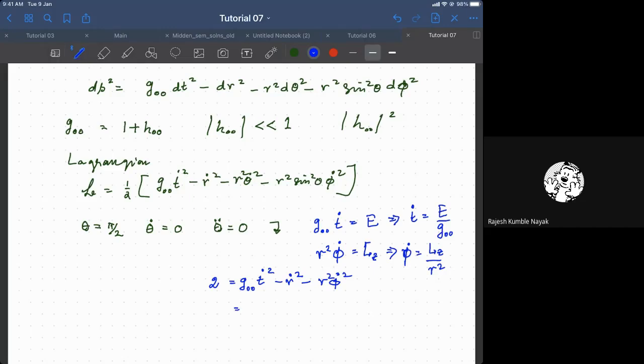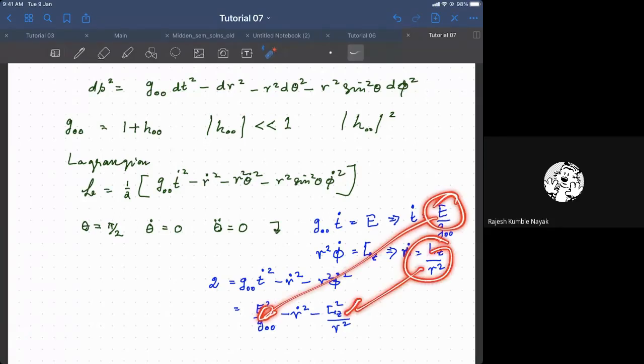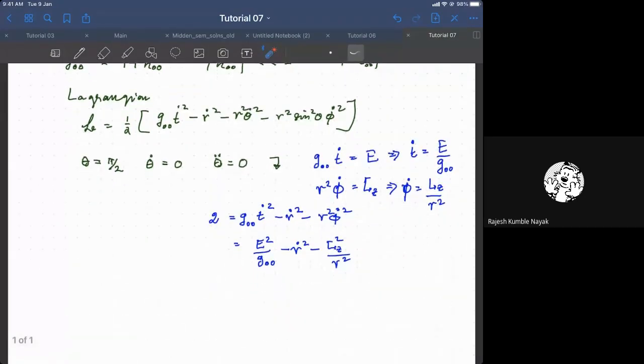So you are left with E squared by G00 minus R dot square minus Lz square by R square. So this is simply substituting this here and this here. Okay, so then you play around with this. All you get is